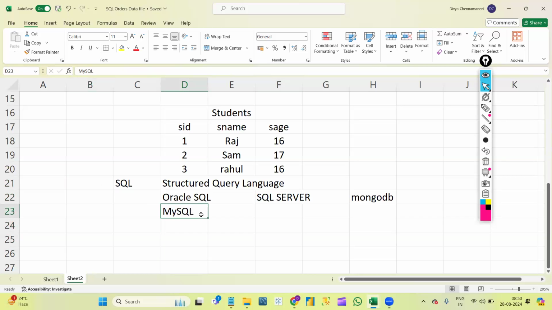I will explain what the difference between the two is once we start creating syntaxes. The only thing is that in MySQL, while writing the syntaxes, we will use a semicolon at the end, but in the other tool it is optional. Okay, I just wanted to understand.